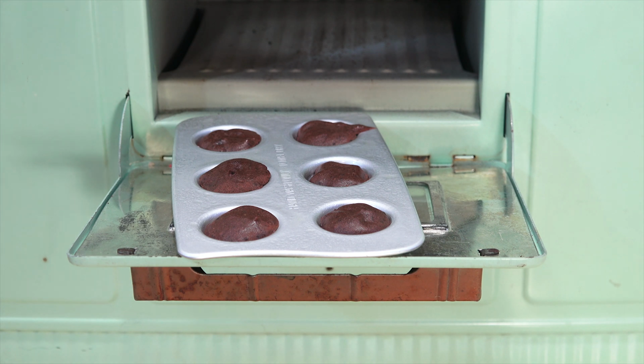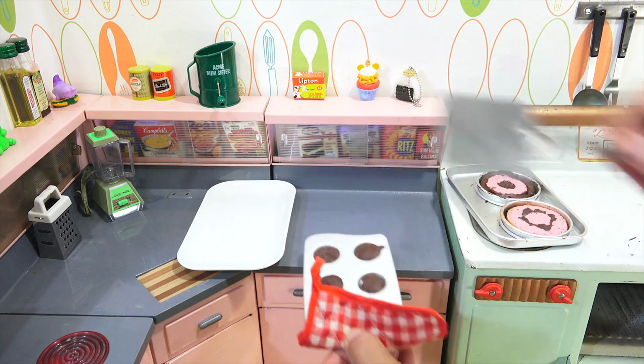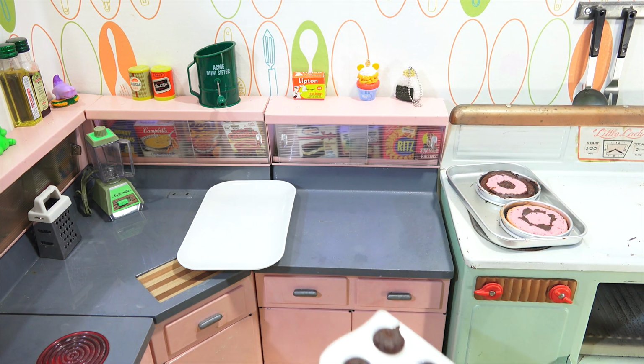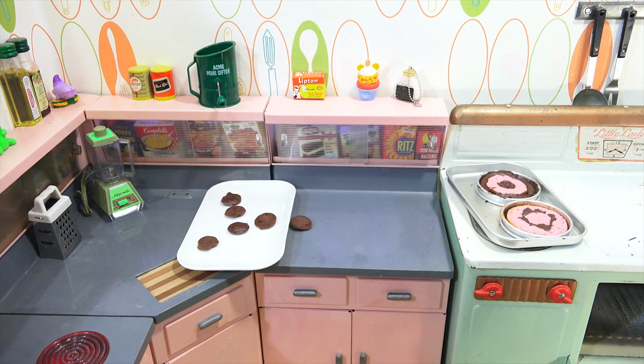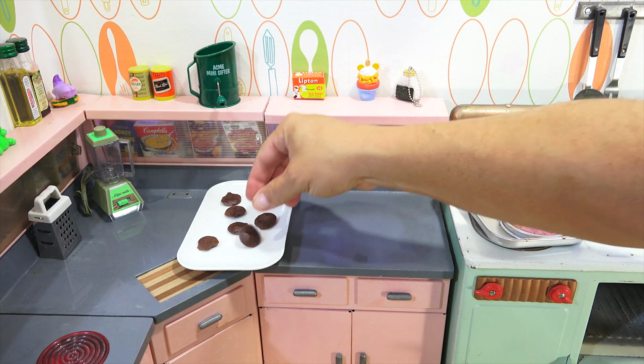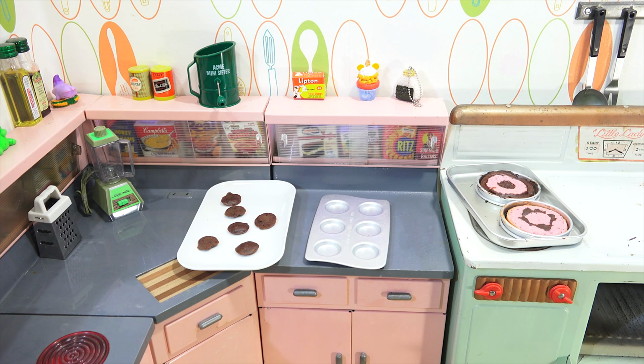I think I'm going to do vanilla frosting and then use that to decorate my cake and put in between my whoopie pies. I'm guessing I should just be able to flip this thing out and they should all just pop out. Well, let's see. What do you think? Yeah. Did I miss one? Nope. It fell off to the side. All right, so let me respray that and then do...